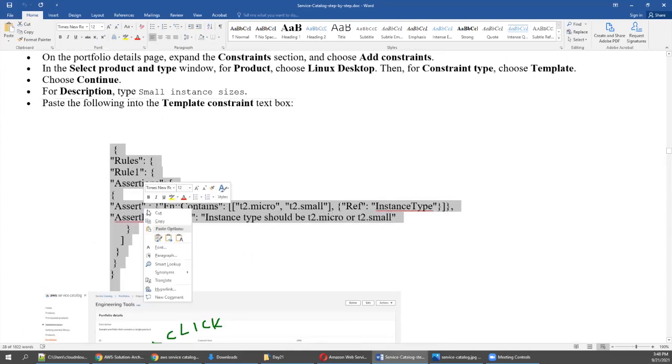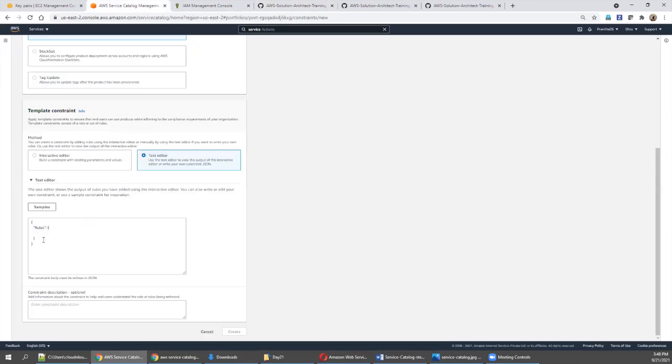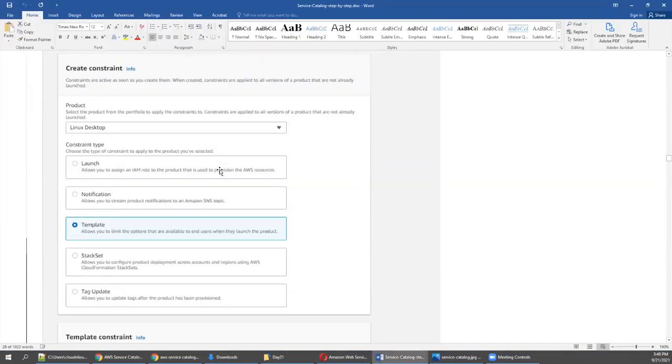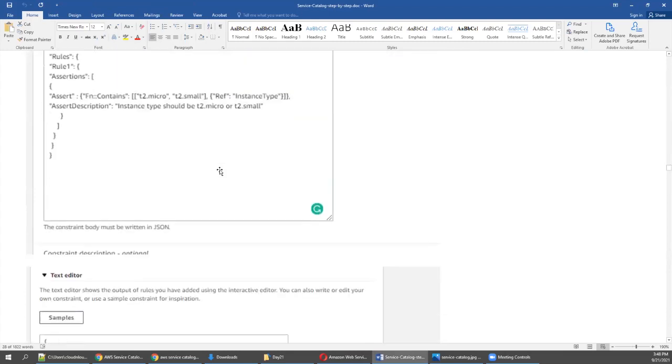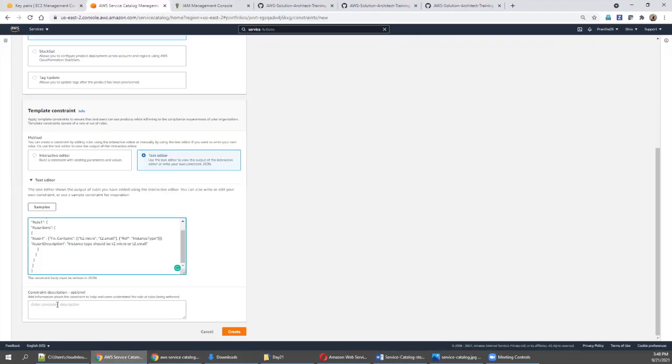So basically you need to copy this and go here, in service catalog, replace it with this rule. And go back. You can give some description if you want, or else you can leave it. So only small instance creation is possible.